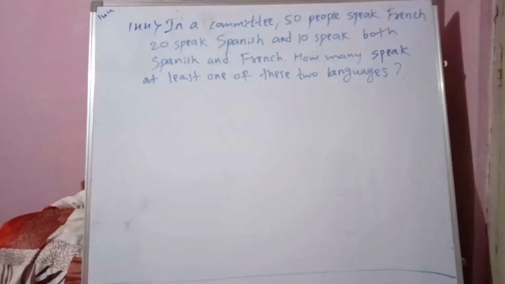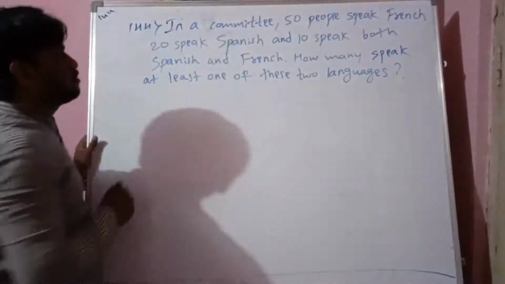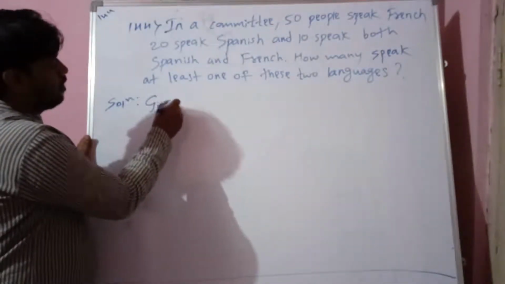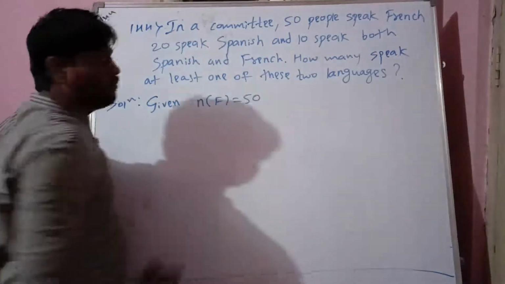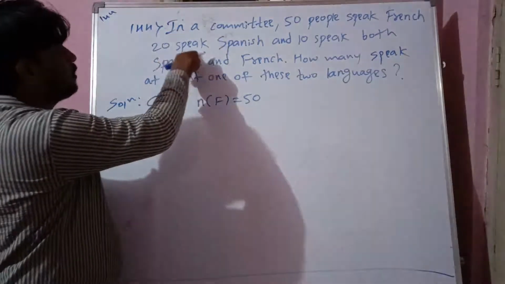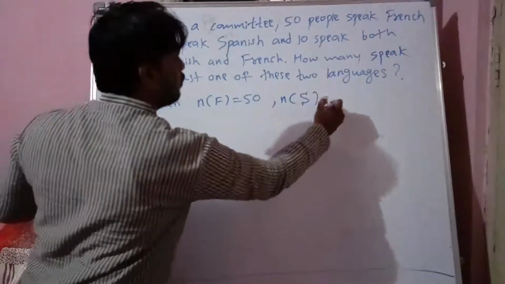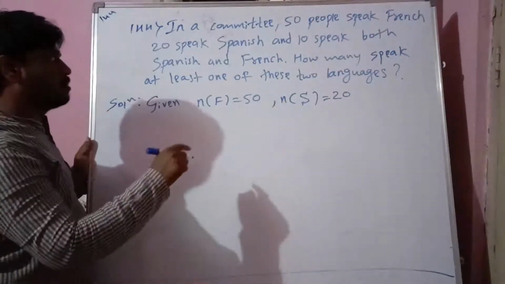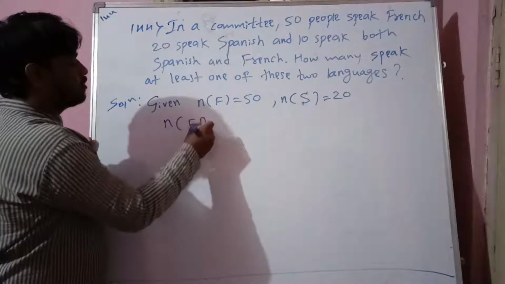Next one, in a committee 50 people can speak French. So better you take given n of f, 50 people can speak French, n of f equal to 50. 20 speak Spanish, means you take n of s equal to 20. And 10 speak both Spanish and French, means f intersection s,